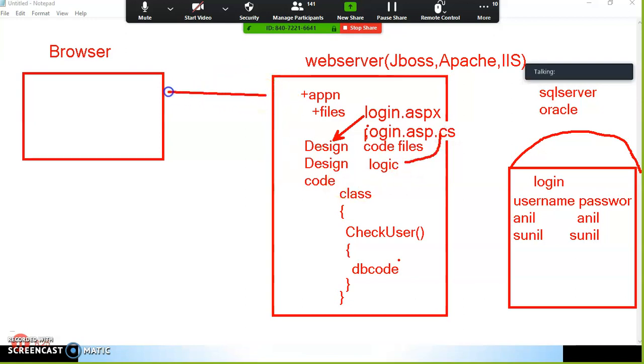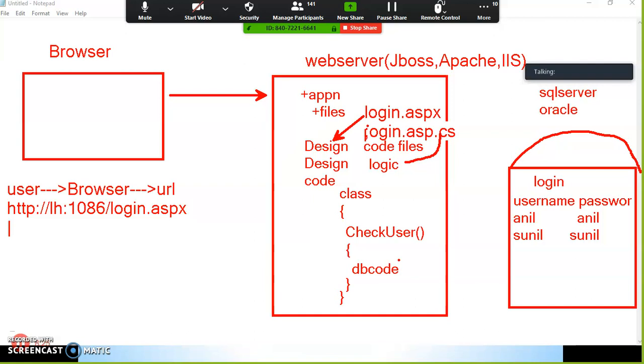Now first, the user will open the browser and enter a URL, something like http://localhost:1086/login.aspx.